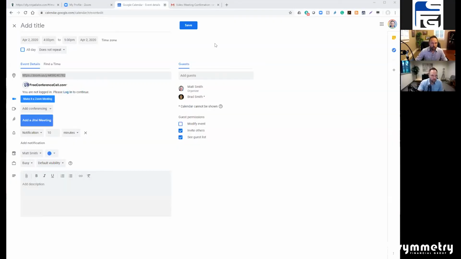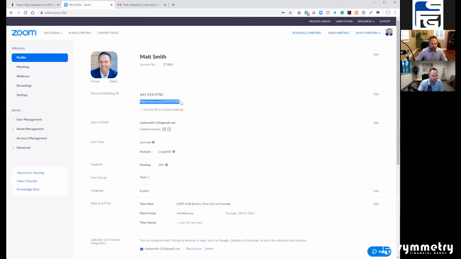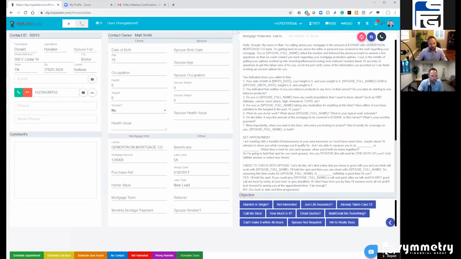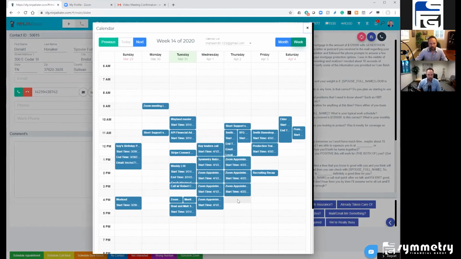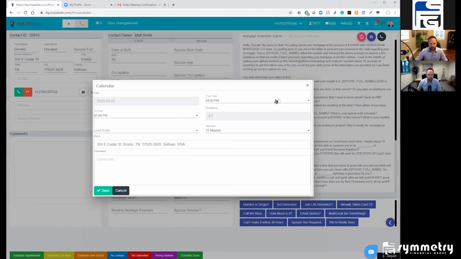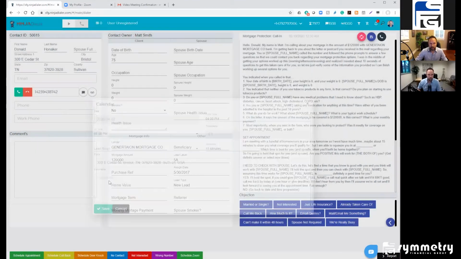Once you have your URL, you're going to copy that. And I'm also assuming that you've created an account on the dialer. But this is what it's going to look like when you set this all up. Okay, so when you're in the dialer screen and you're on the phone with the client, you're getting ready to schedule, you're going to have different disposition buttons here down at the bottom, and you can create one that says schedule Zoom. And what that's going to do is it's going to pull up your calendar. You're going to click the link on the day and time that you want, and you're going to click save, and that's automatically going to